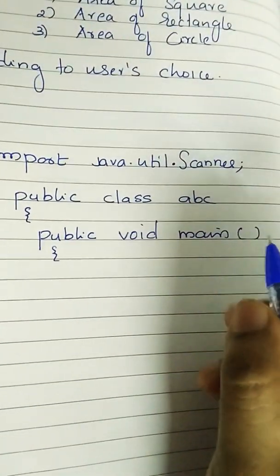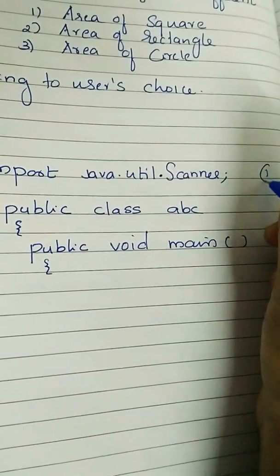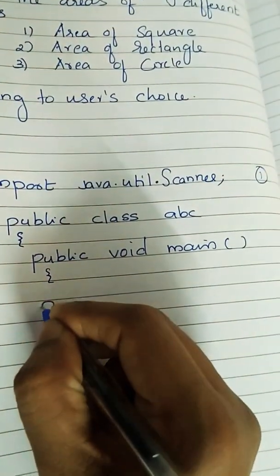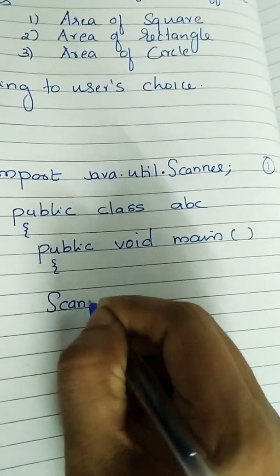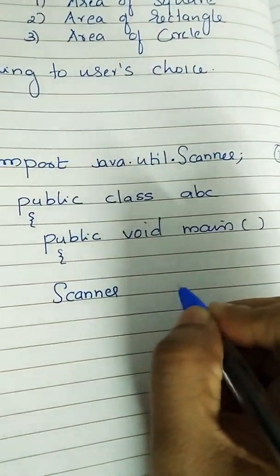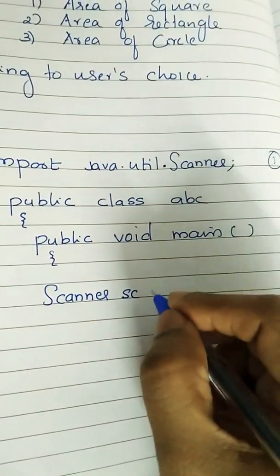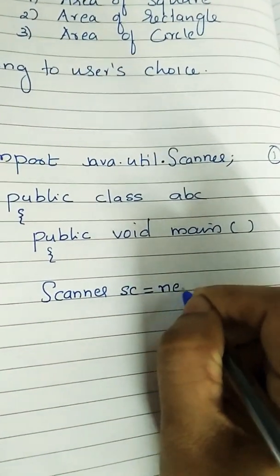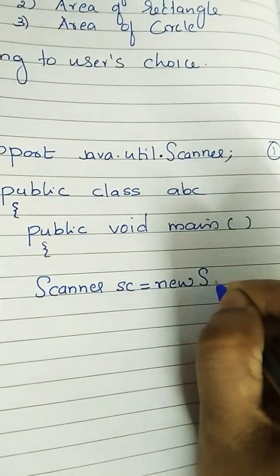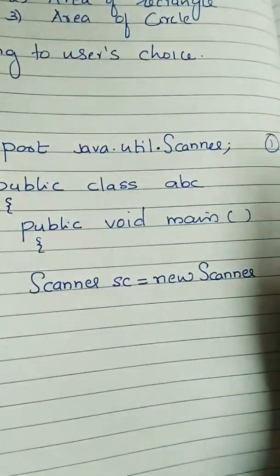So we will see, whenever you write a program using Scanner, the first step is important: to bring a package. The second step is you have to create an object of the Scanner class. How will you create an object of the Scanner class? First you will write this class name and then the object name. My object name is sc. You can give any name. Is equal to new, the keyword which is in small letters, and then you will write the class name again, in which S is capital. Always remember Scanner, S is capital.